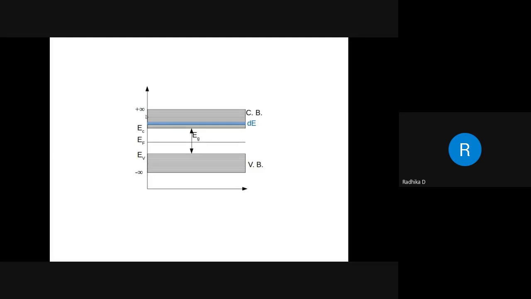Now, our focus is only on the conduction band. From this figure, it is very clear all energy levels are above the Fermi energy level, right? EC is this fixed lower energy level, the conduction band bottommost level. What you are going to do is integrate the number of electrons. First, you do it within a small energy interval, that is dn, integrated throughout the conduction band from the lower limit, energy level EC, to the upper limit, plus infinity.